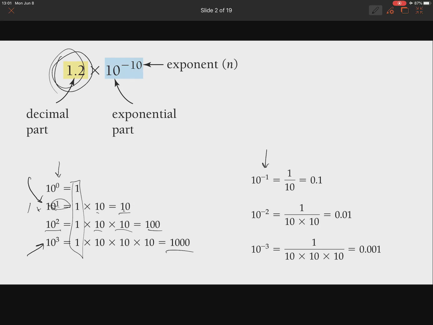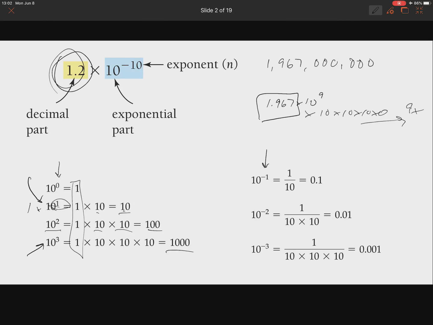And so this is a way of representing big numbers. Like if I have a really big number, like 1,967,000, something like that. Let's just say it's even bigger. Let's say it's 1 billion. I don't want to write 1 billion. I want to write something a little shorter. I could write that. 10 to the 9 just means that it's 1.96 times 10 times 10 times 10 times 10,